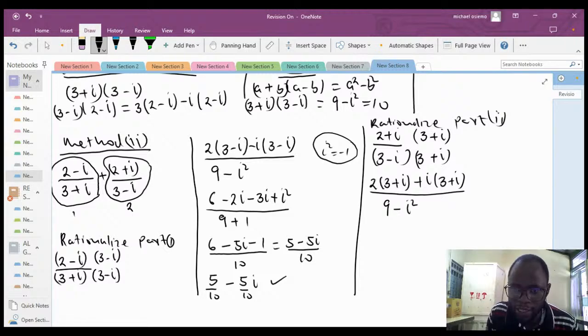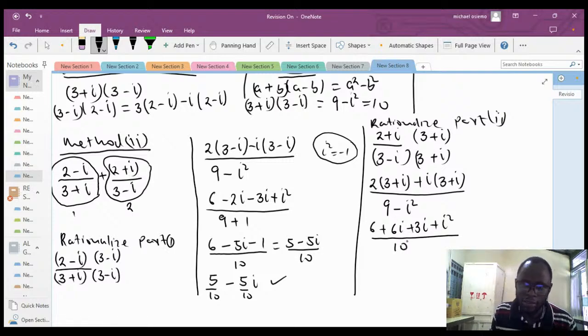So open up the bracket here, it will be 6 plus 6I, then plus 3I, then plus I squared. Now this far we understand what is I squared. I squared is equal to -1. Then it will be over 10, because this I squared is -1, so negative will become positive. So we're going to have 9 plus 1. So 6 minus 1 will be 5. 5 plus,